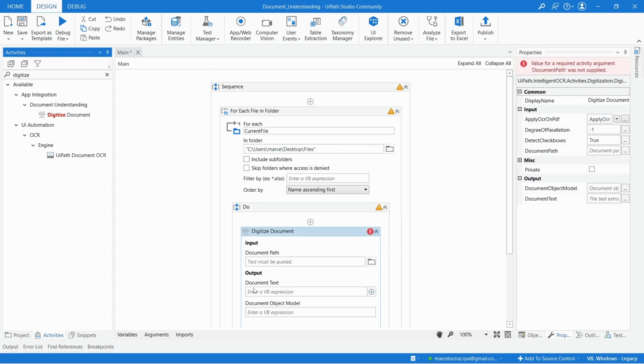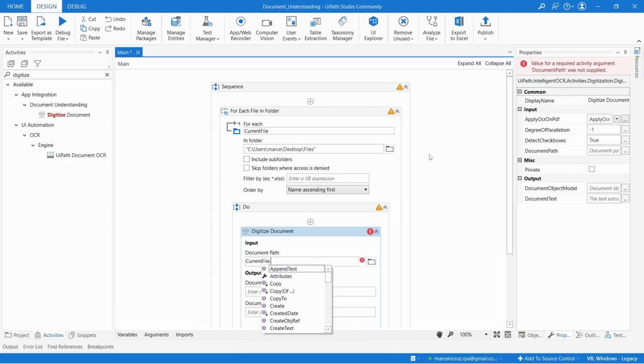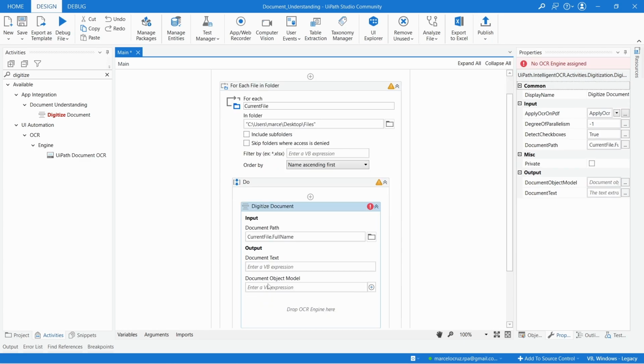So first we need to indicate the document path, and we can get it by calling current file dot full name, and by this way we are getting the full path to the file. And then as output we will get the document text, the extracted text from the document. So let's create the variable str document text,